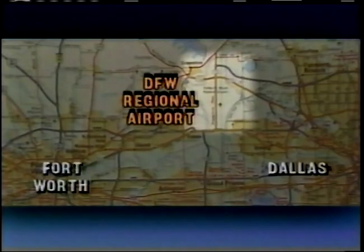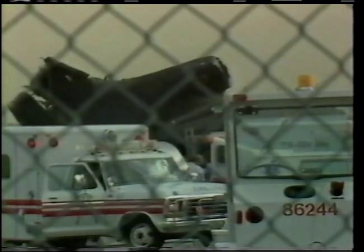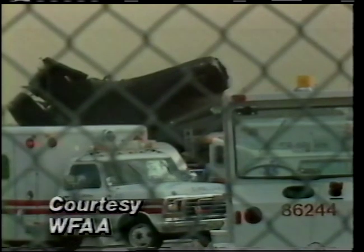At least 20 people died when Delta Flight 191, a wide-body jet, crashed trying to land at the Dallas-Fort Worth Airport about 2.5 hours ago. DFW is between Dallas and Fort Worth, of course, in the town of Irving, Texas. The crash happened at the northern end of the airport, which you really can't see on that map. We're told that it happened in a blinding rainstorm, a thunderstorm. There was lightning in the area. Some people say lightning struck the plane. We don't know for sure about that. What you're looking at now is courtesy of John